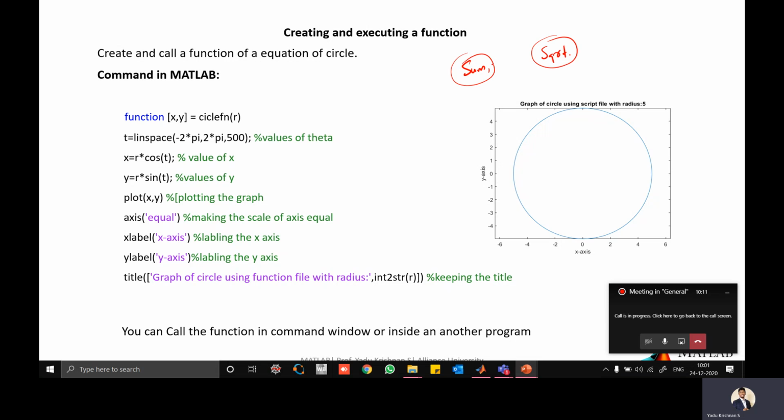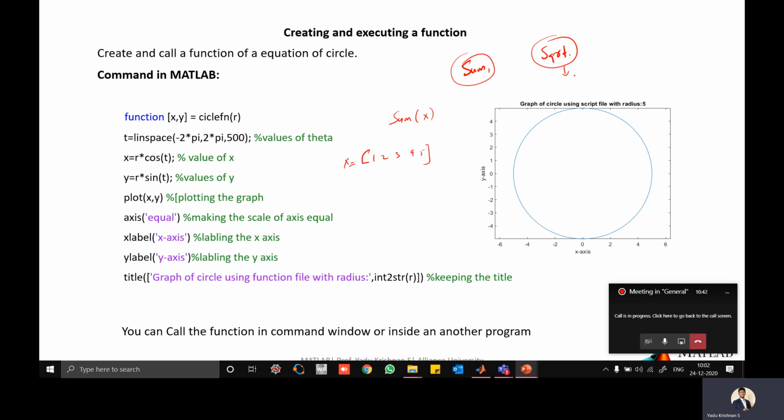This is an inbuilt function. Once you call sum of x, whatever the x array is, like x equal to 1, 2, 3, 4, 5, so this many numbers are there. Sum of x means there is a backend program for sum that indicates that you have to add every number, right? So that is a function. But this is a built-in function. We did not create that function. It's already there in MATLAB.